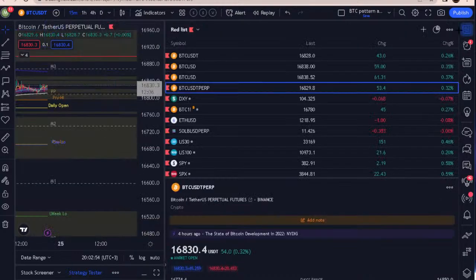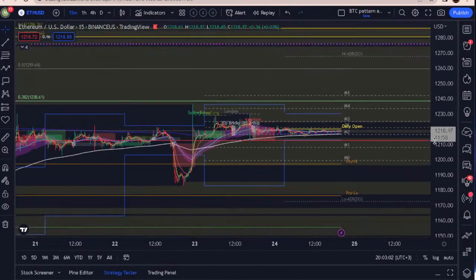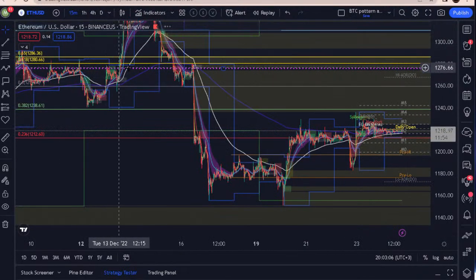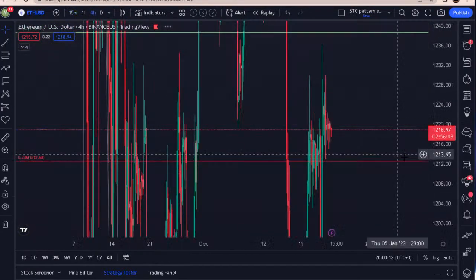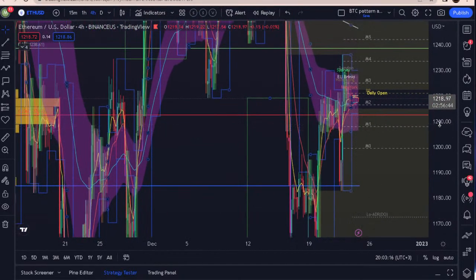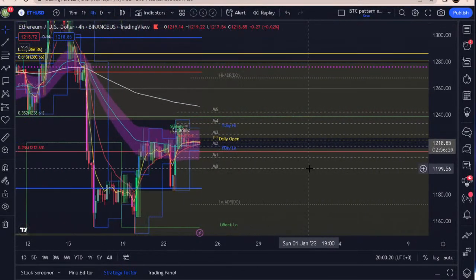Now, that's my targets for Bitcoin, to the upside and to the downside. Going to Ethereum. Ethereum, my targets remain the same. I have my zones for Ethereum. If Ethereum gets to 1,280, that would be an interesting point to short for me. If I'm going to enter a trade, I might not get into a trade. I am in a short at Bitcoin. Let me see if I'm going to get stopped out. I entered it around